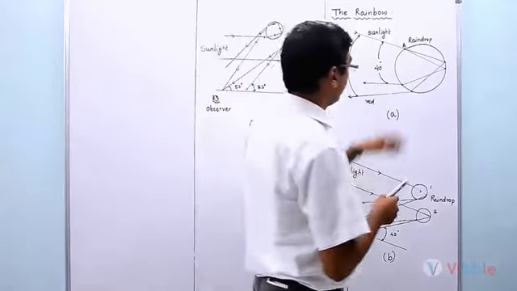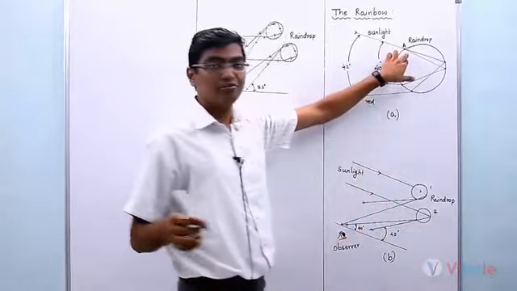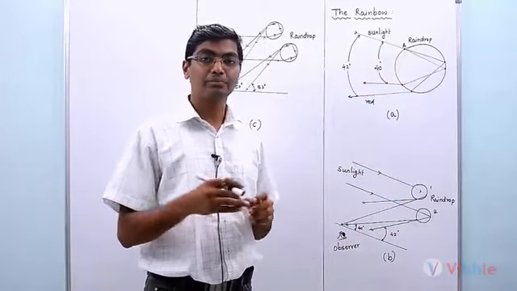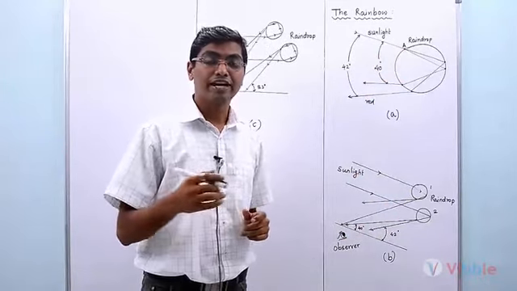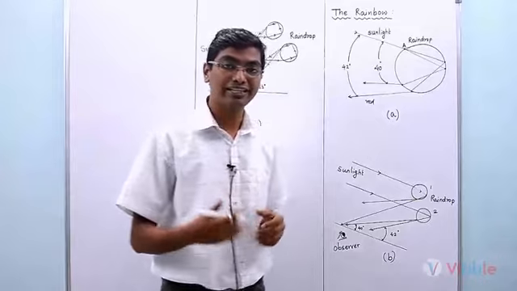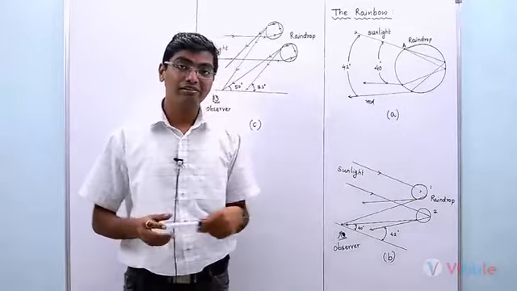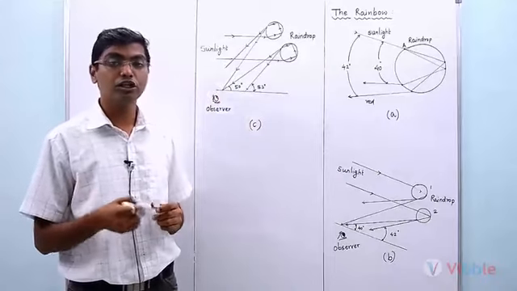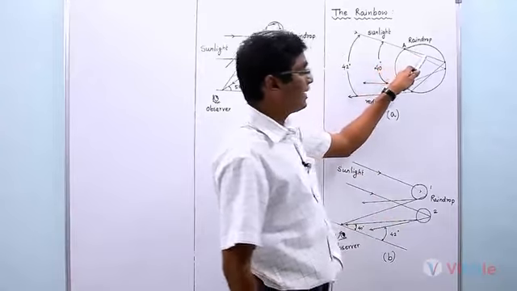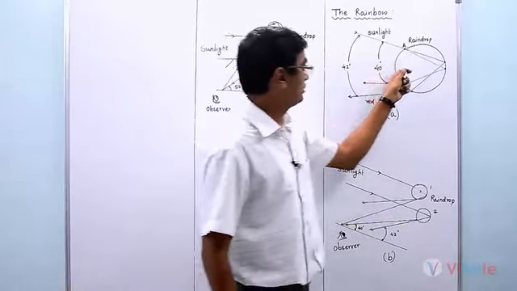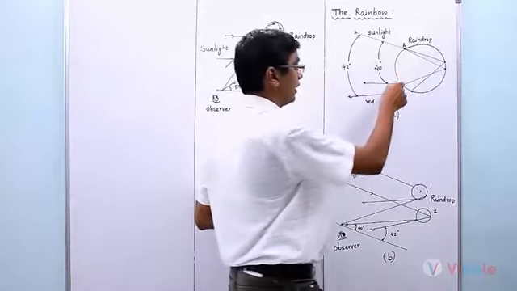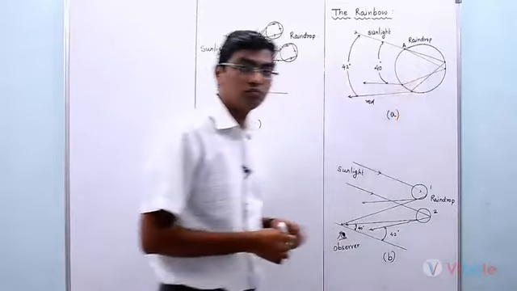So as you can see here, the light which has longer wavelength undergoes lesser refraction. That means the bending is very small. Whereas the light with the shorter wavelength undergoes higher refraction. That means the bending is higher. It is observed that red light has longer wavelength compared to the violet light. So as you can see here, the upper ray is the red light because it is not refracted to a greater extent, whereas the lower ray is the violet light.